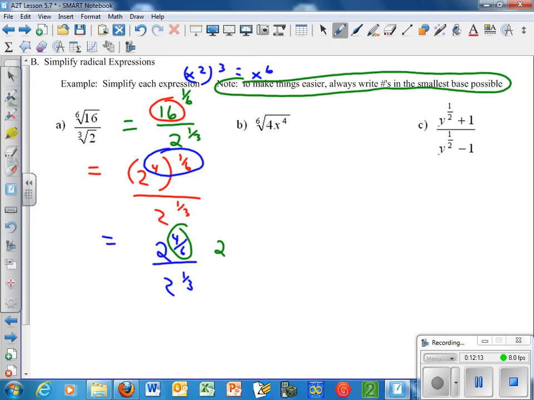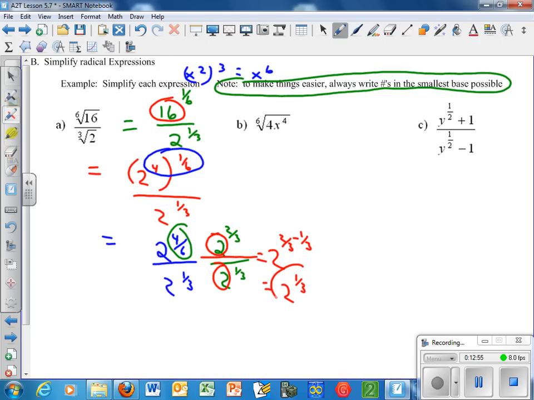Now, this can be reduced. 4/6 is the same as 2 to the 2/3 power over 2 to the 1/3 power. Okay, I'm just reducing the 4/6 that's up in the exponent. That's 2/3. So now, when these bases are the same, I'm dividing. I subtract exponents top to bottom. So that would be 2 to the 2/3 minus 1/3. And notice I already have a common denominator there. So that 2/3 minus 1/3, because I'm dividing, that's what the rule says,